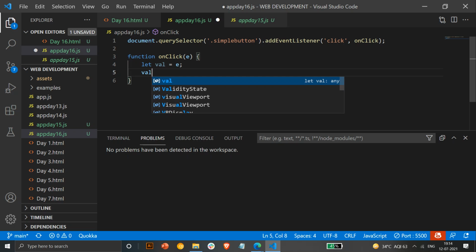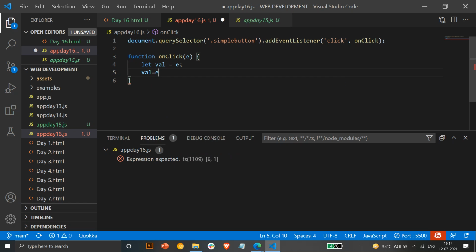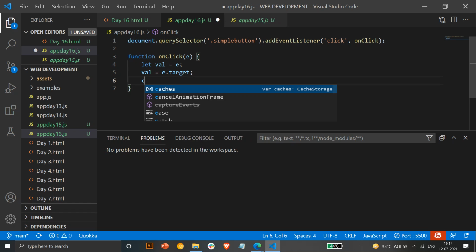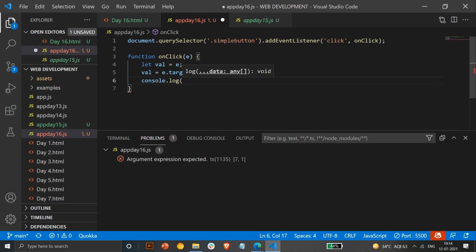Okay, with event listener e, what you can do is e.target and e.method. These all help us to identify at what place this event is occurring. So if you want to know where the specific event is occurring, we'll use e.target, and what e.target will do is help me know where this event is fired and on what object it is fired.